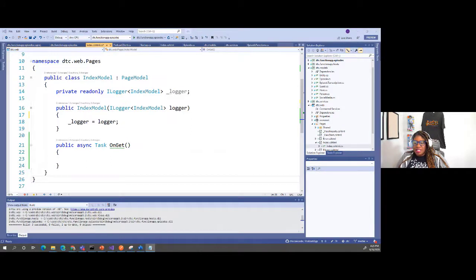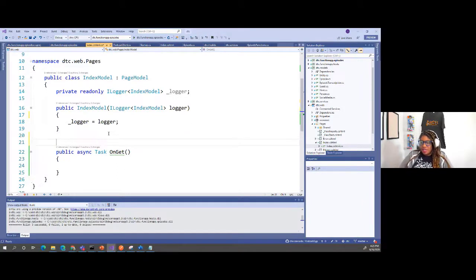In my actual index page, I want to set up my onGet function. So what I'm going to do here is first,